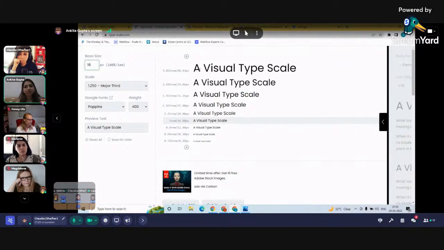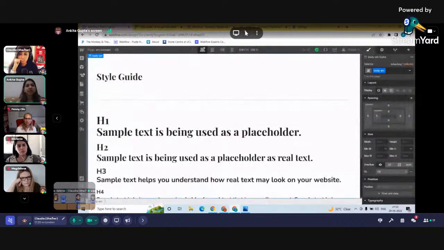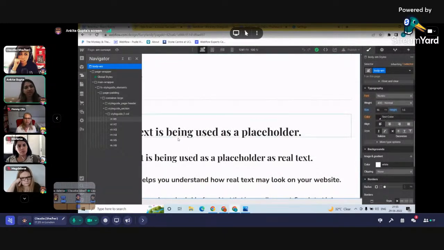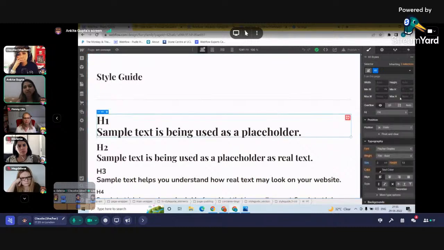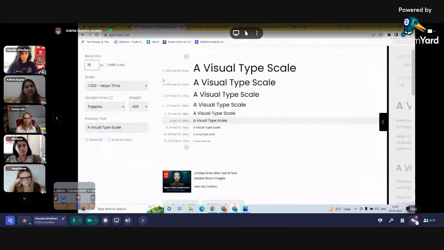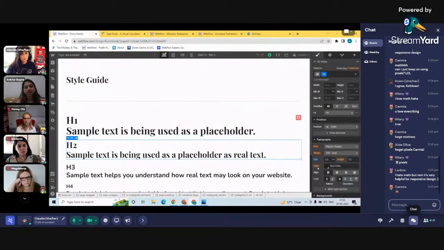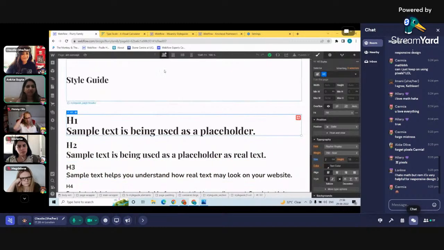Now, if I see H1, it is actually 3 times my base size. So what I can do is, if I keep my body at 16 pixels over here, I can define my H1 as 3 rem. And similarly, my H2 will be 2.5, roughly around that, just rounding off the values, then H3 as 2. Now, the benefit of using EM is that in case I feel like I add one more breakpoint,